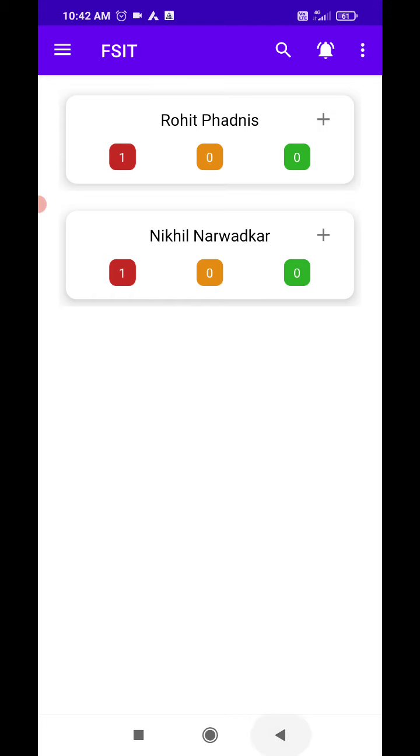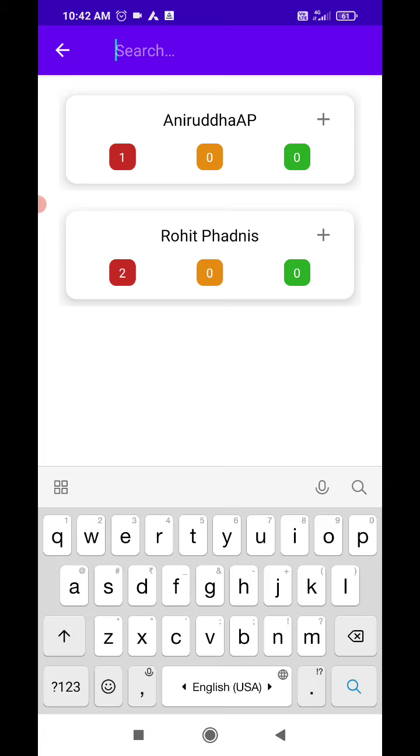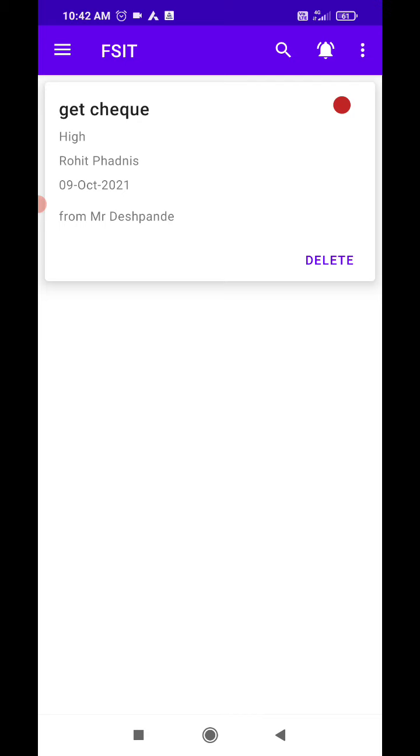Now I'll go back. Now I'm on the main page. Now let's imagine that you have got many managers and also like many staff under them, and there are many tasks that are assigned to them. It is very difficult to go and like to a particular person and then take a look at the task or update it, right? So for that, what we have done is that if you click on the search button at the top, okay, and then let's say search for check, yeah, and then just type here, then you will immediately reach that particular task.